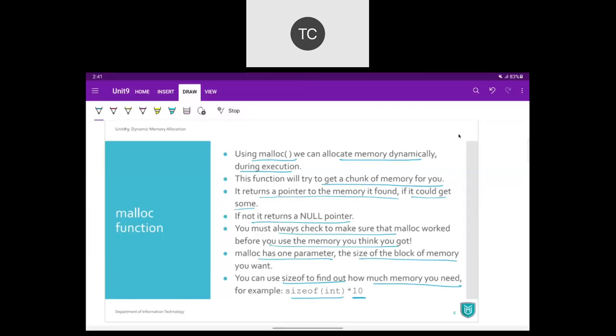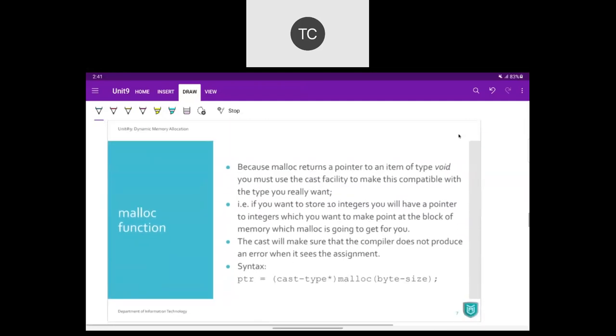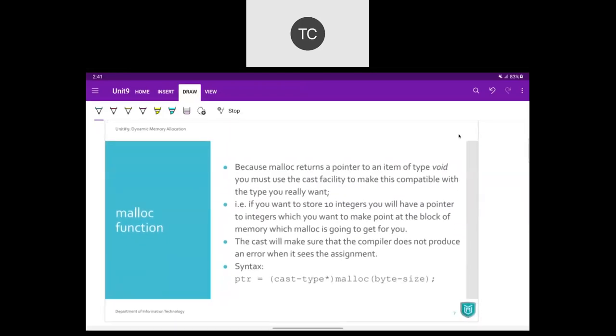So, because the malloc function returns a pointer, it actually returns the address. That address is going to be the address of the memory block that we have requested. If we have requested 20 bytes, then it is going to be the 20 byte memory block and the initial address.